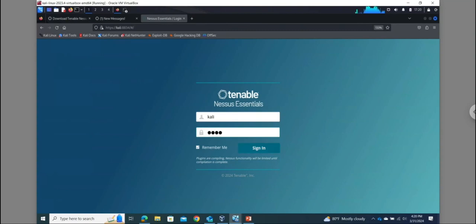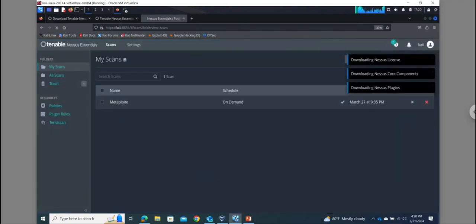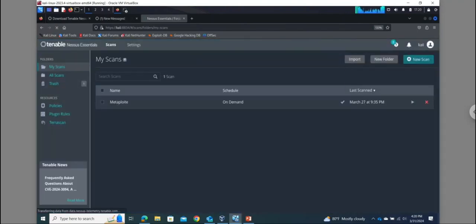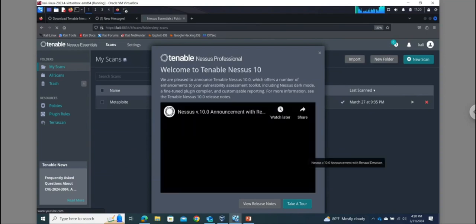Because I already activated, I have the username and password here by giving the activation key. It will ask you for the username and password, and then it starts updating the plugins. As of now, all the plugins are updated. By entering inside this,